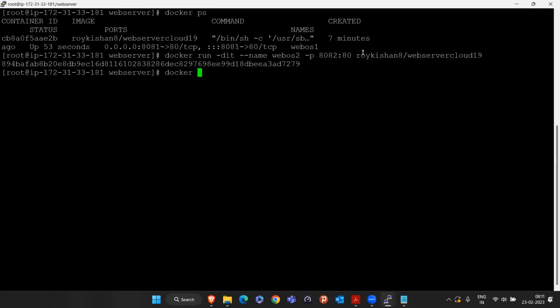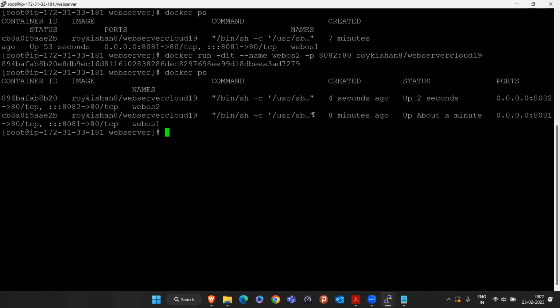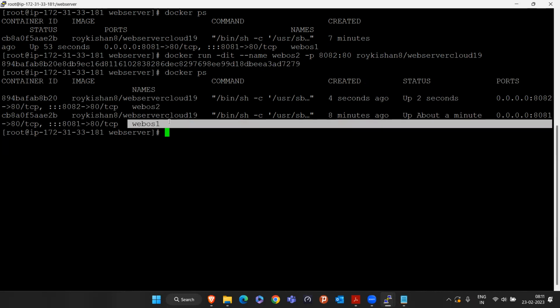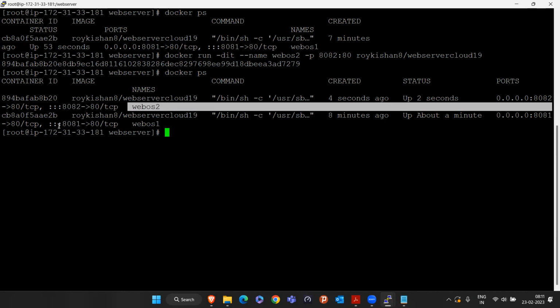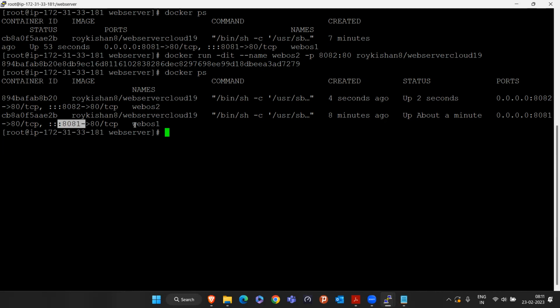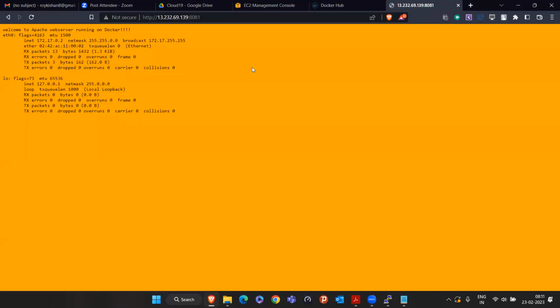Now if I do docker ps, two containers are running. One is WebOS 1, one is WebOS 2. If you hit the IP address with port 8082, you are going to reach the WebOS 2 container. If you hit the IP address with 8081, it is going to WebOS 1. Since we already opened both ports in the security group, I'm copying this URL. Here you are seeing the IP address 17.0.2. If I hit this here,